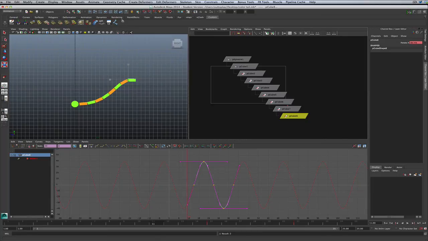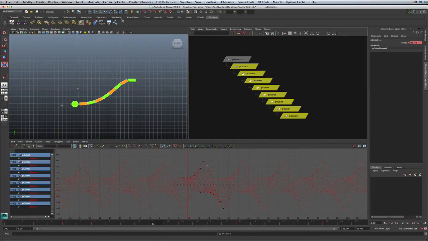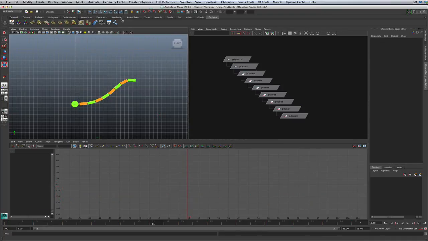So now when I grab all these keys, you can see that we're getting this, and that last one's a little bit high, but we'll see how bad it looks. But it definitely gives you more rotation effect on the back end. And that's going to give you the effect of a much lighter tail. So let's take a look at that. There you go. It's kind of nice, actually. I don't mind that. It's kind of underwatery.